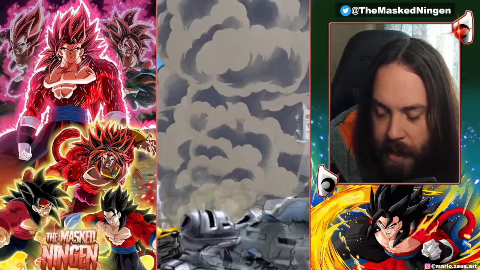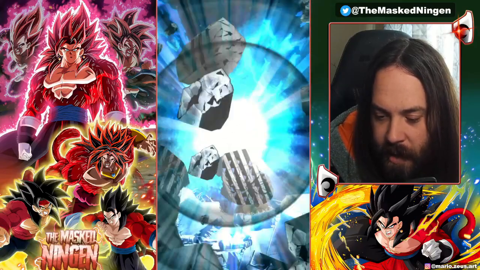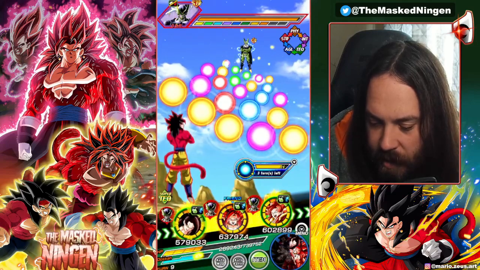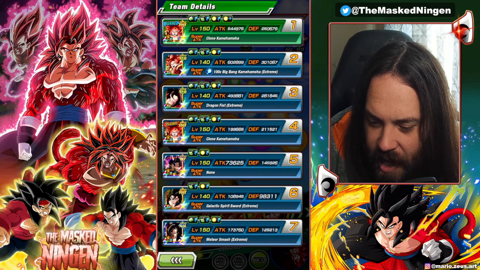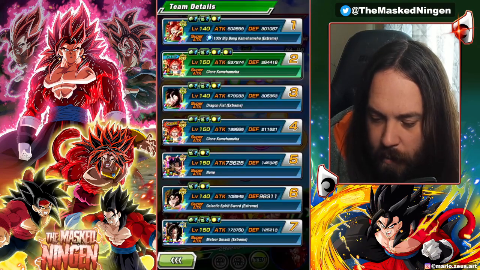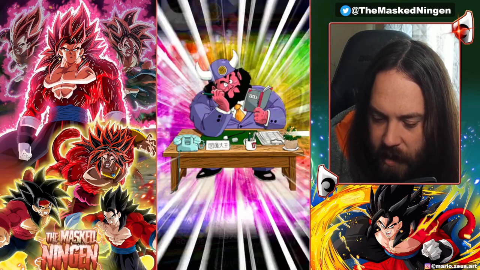And then Goku, Super Saiyan 4 Goku, the LR, has type advantage over Cell, so not too bad in this setup. I think we will actually see another turn, you know. Because if I do... well, he actually has the higher start of turn defense. I wasn't expecting that. And then you have Saiyan Raw, so putting you there actually gives you a bit more defense already anyway. So if I do this...